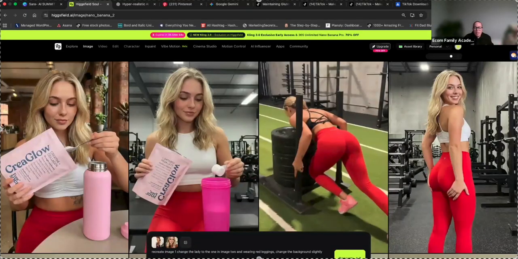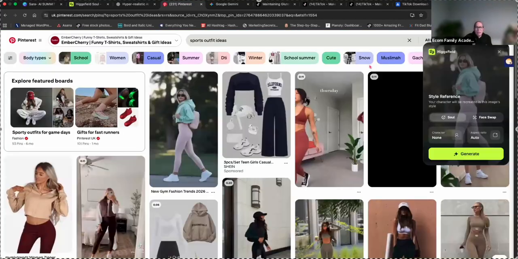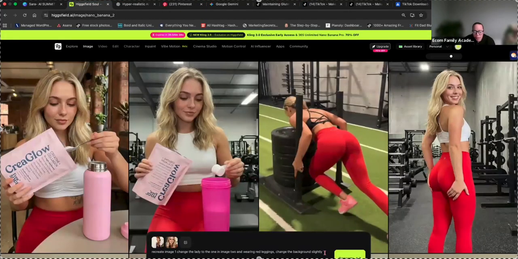Image 1, change the lady to the one in image 2 and wearing red leggings. So I change her outfit by saying she's wearing red leggings, okay? If you want to take it further, you can come in here, grab this pair of leggings here, take a screenshot of these leggings, put that into here, and just say, she was wearing